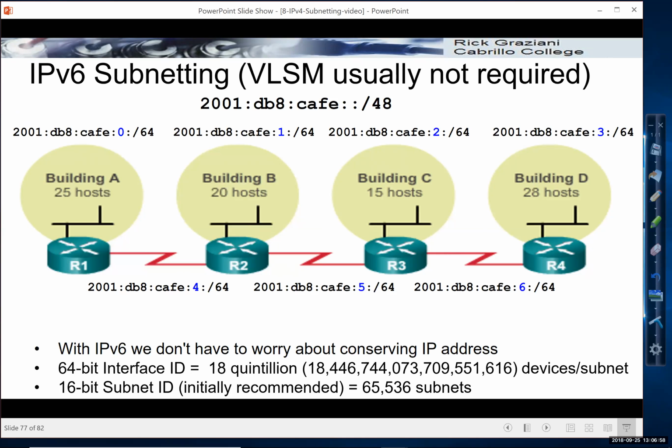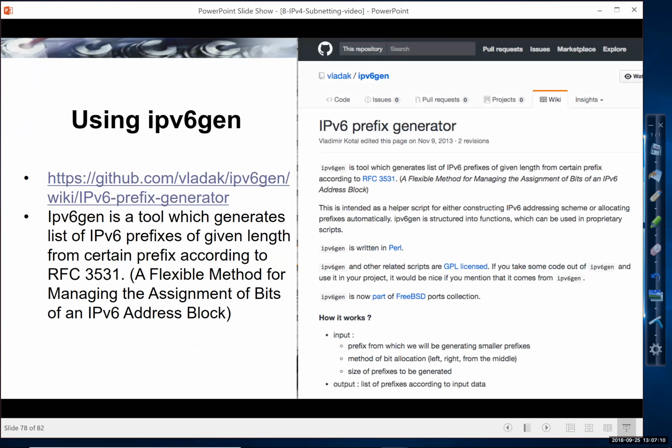So the 16-bit subnet ID gives us 65,536 subnets, each one with 18 quintillion devices. There's a nice little Perl script you can get from GitHub that makes a really nice